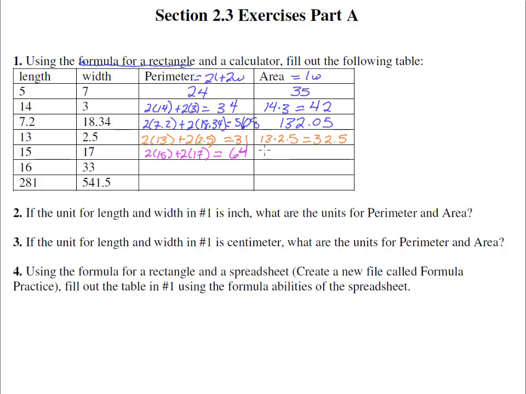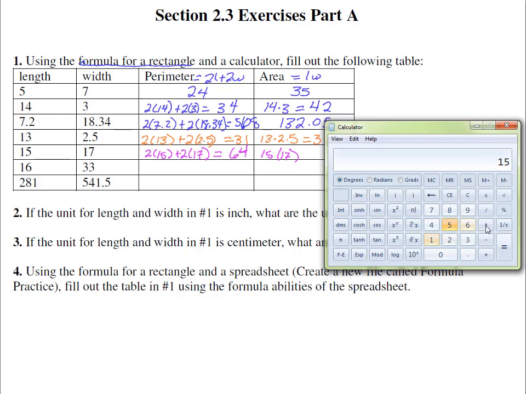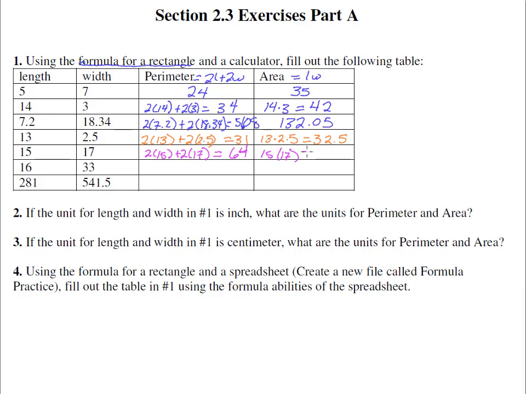On the area, we get 15 times 17. Let's pull out the calculator. 15 times 17 equals 255. The next line, 16 and 33. The perimeter is 2 of the length, so 2 times 16 plus 2 times 33, and we get 32 plus 66 is 98,